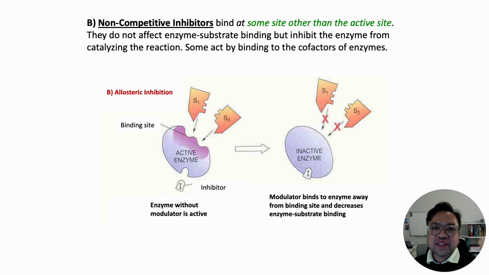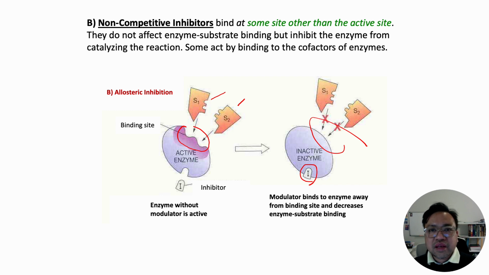On the left side of the slide, the enzyme can bind the substrates S1 and S2 at its active site, allowing the reaction to proceed. The inhibitor, I, binds to a different site. We call that the allosteric site, not the active site. Once the inhibitor binds, the enzyme changes shape and becomes inactive, preventing the substrates from binding and stopping the